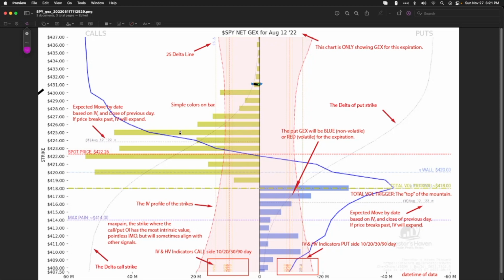Where I'm saying, hey, if price is above here by this time, these guys are going to go away, which is actually going to push price up a couple points at least, because these have gone away. And then these guys, if we're close to them, are going to increase in relevance, which is going to increase the hedging obligation right here, meaning that our most likely endpoint is actually above the 424 and not right at 424.